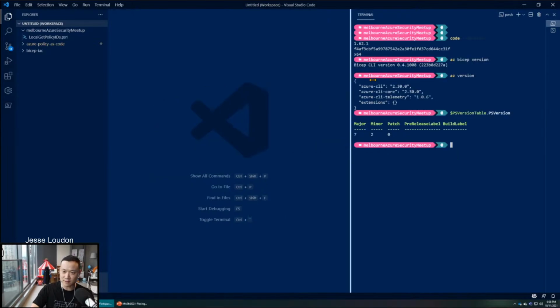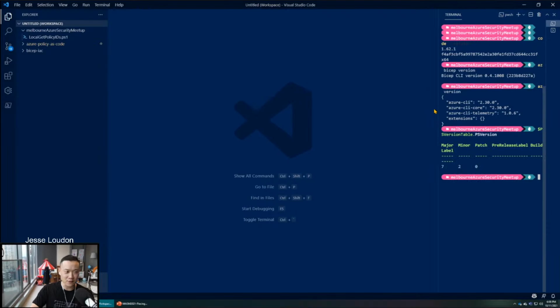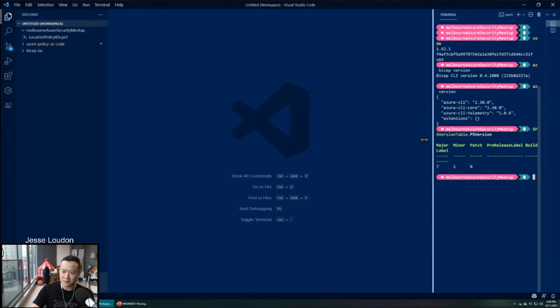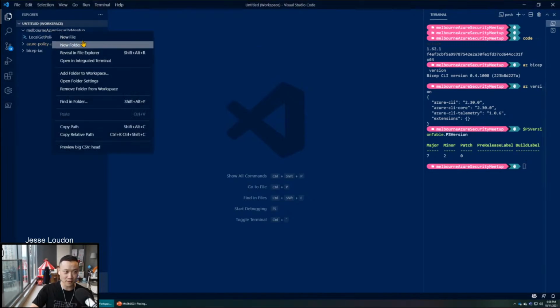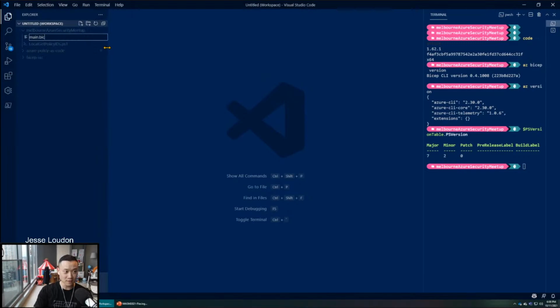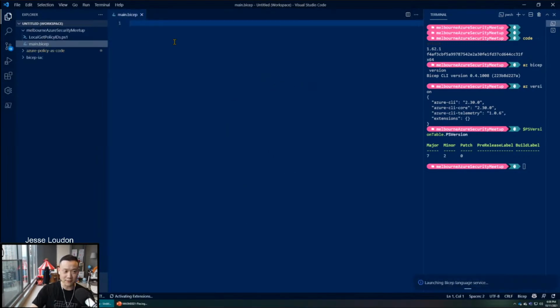In case something's not working in your environment, if you're trying to replicate this and maybe things have changed with the versions. So let's start with a new file, main.bicep. You can call this whatever you like. The general naming convention to start off with is a main file. And then we'll do target scope